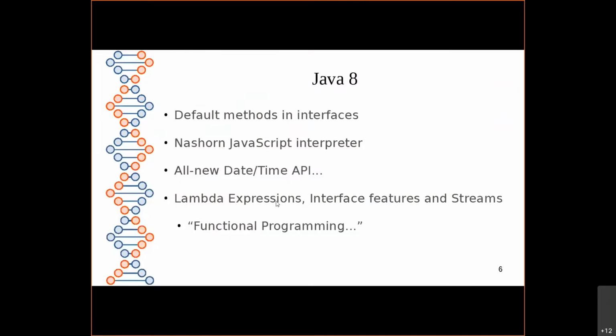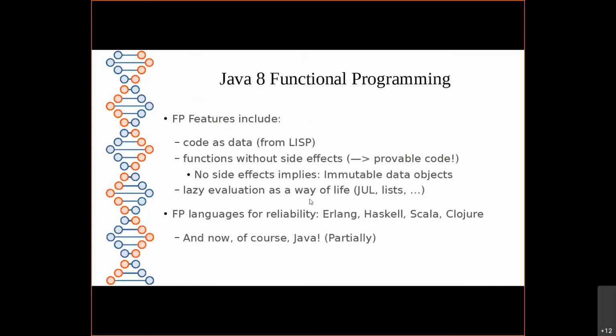The other feature of Java 8 is the Lambda expressions. Lambda expressions, interface features, and streams, which together give us steps towards functional programming. Functional programming has been around for a long time, and it's a kind of idea like object-oriented programming. There's no single exact definition of it. Different people have slightly different ideas about what it really means, but some of the key features typically include